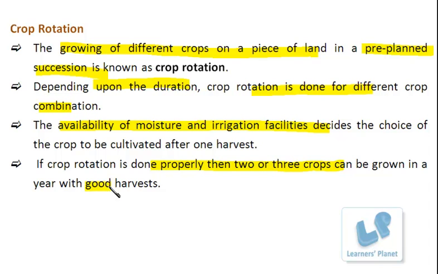So in this way, from the same land, maximum output could be obtained and the production of different types of crops can also be increased. So this is all about crop production management. And further, if the crop improvement has to be done, the next part is the protection. Whatever things we are growing, they have to be protected from different factors prior to harvesting and post harvesting also. So that we are going to discuss in the